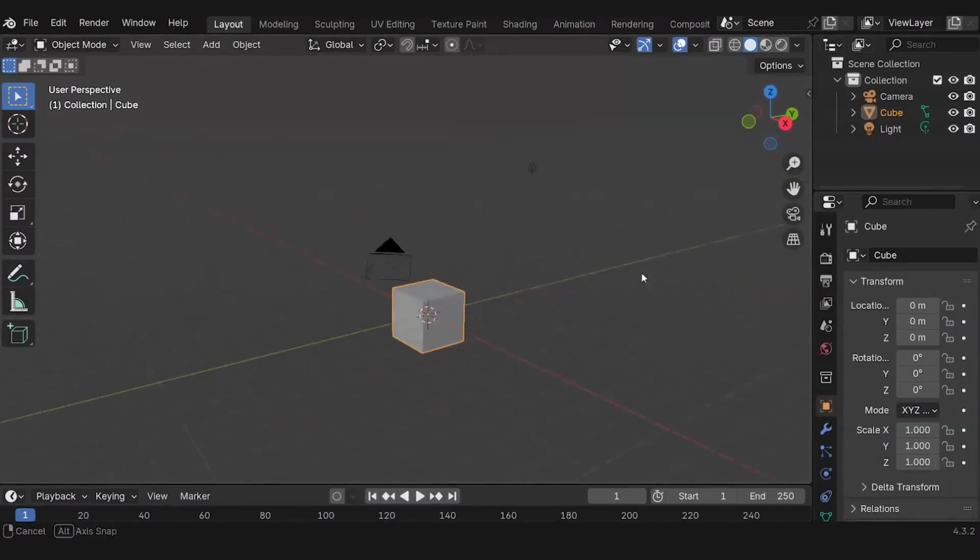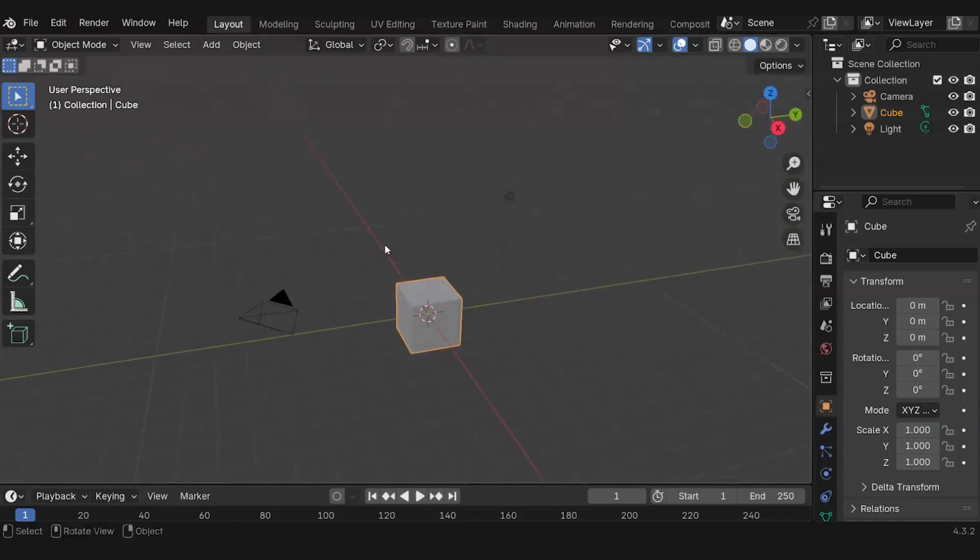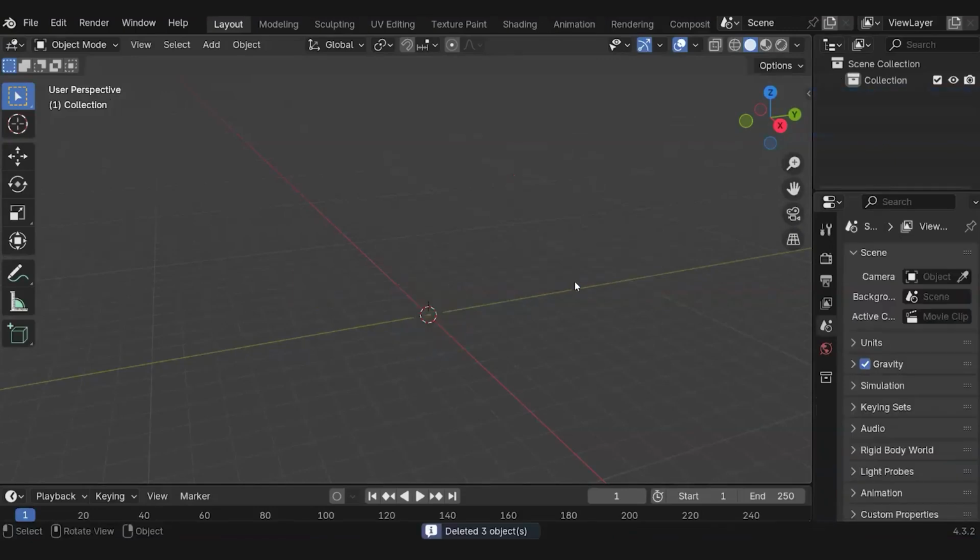I have a fresh new scene. A lot of people have their preferences. They'll have the scene where it's saved with no camera, no default cube and light. I like to keep it vanilla because this is what everybody sees. So I'm going to press A for all to select everything, and I'm going to press X to delete all objects in my scene. I'm going to bring the axe into the scene.